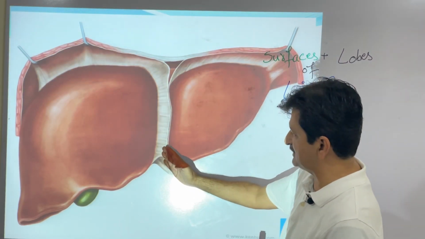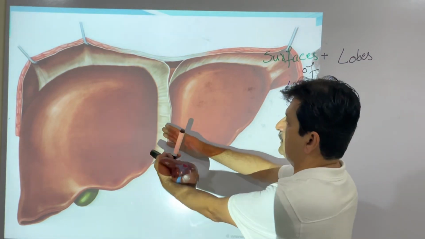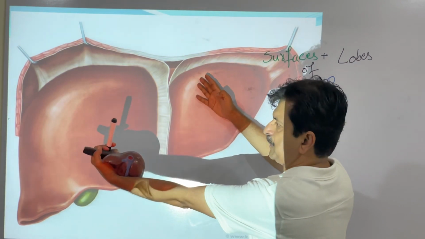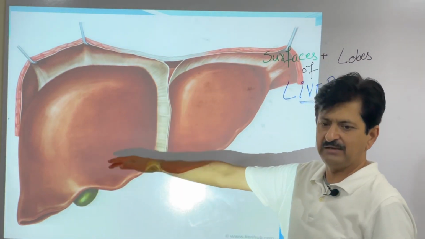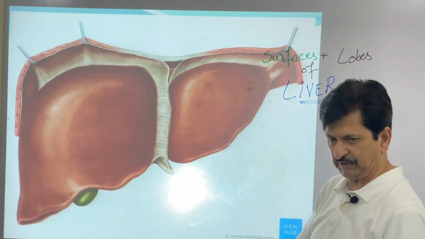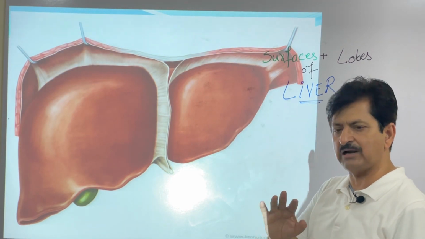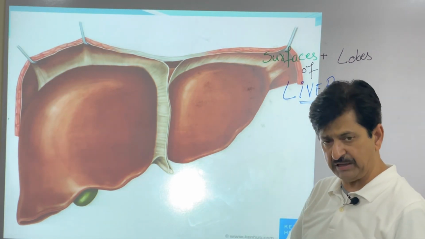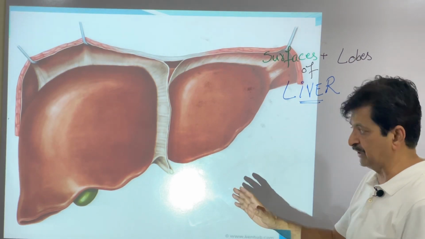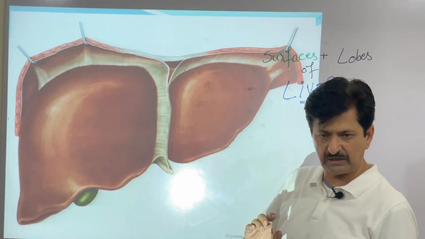So here, when it is reflecting on the liver, it will be covering the liver from both sides, the left as well as the right. The total liver is intraperitoneal, except in some areas which are not covered with the peritoneum. These are called the bare areas of the liver, and one bare area is so famous that its name is the bare area.